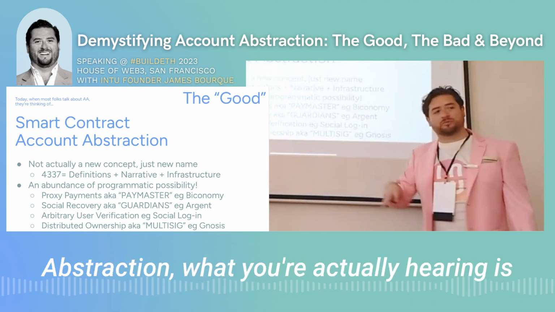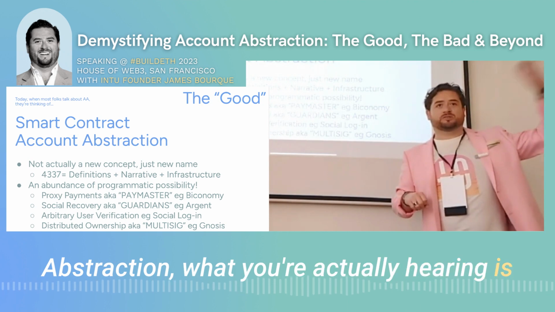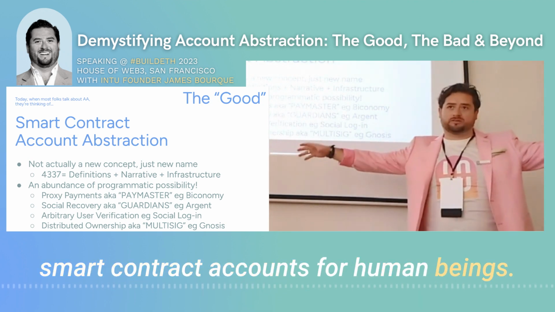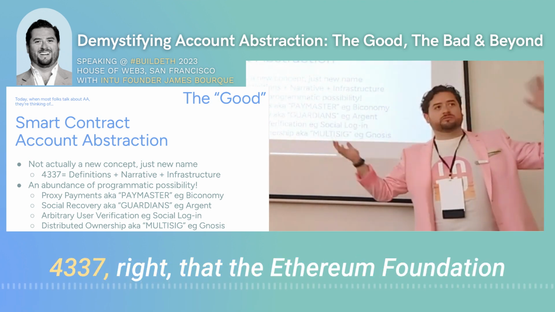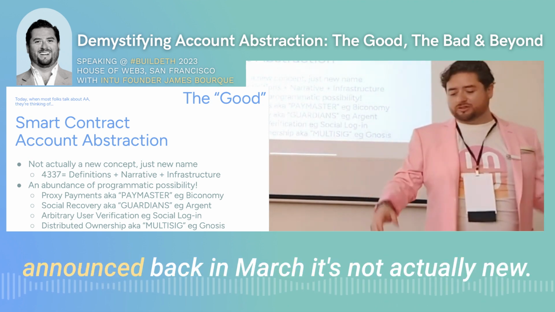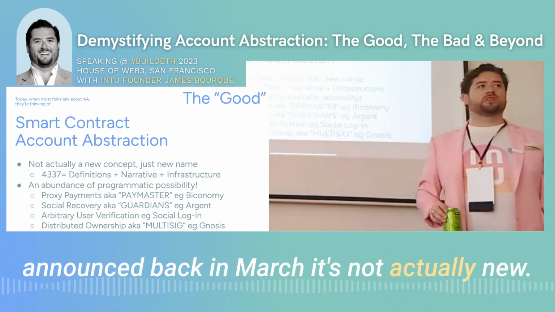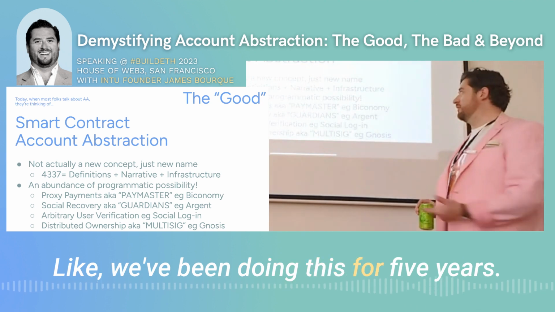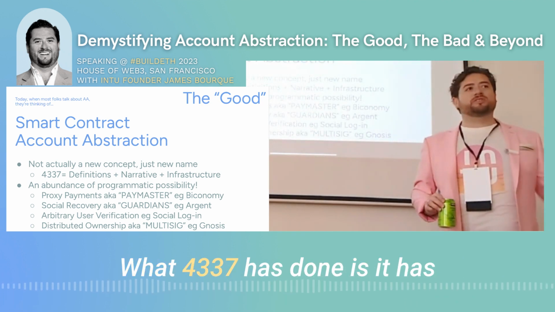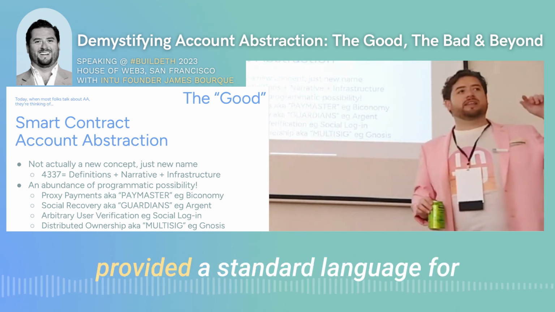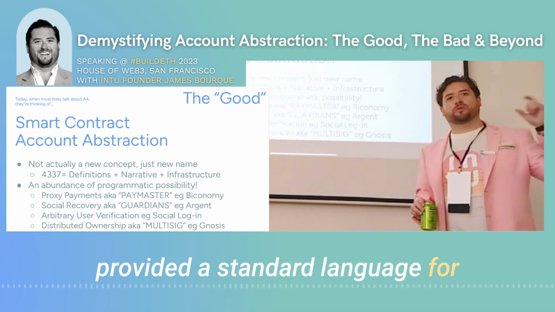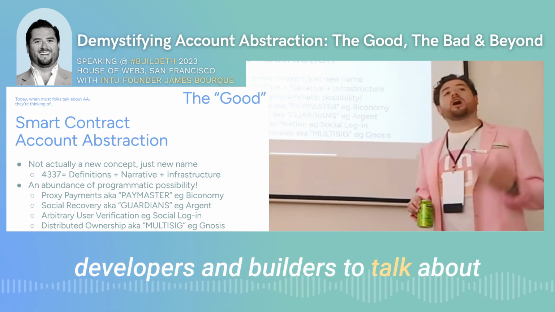So when you hear the word account abstraction, what you're actually hearing is smart contract accounts for human beings. 4337, right, that the Ethereum Foundation announced back in March, it's not actually new. Like, we've been doing this for 5 years. What 4337 has done is it has provided a standard language for developers and builders to talk about what we're